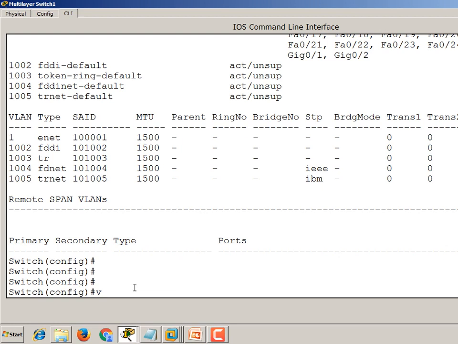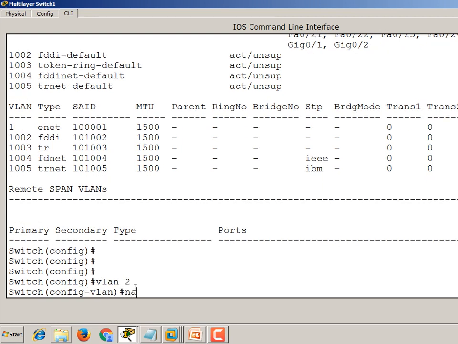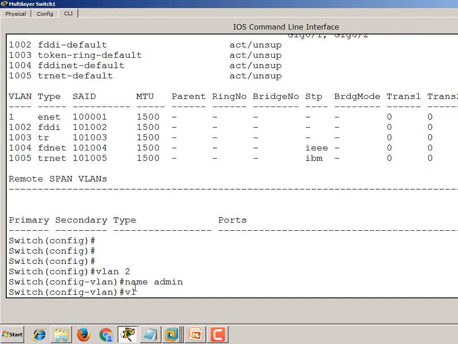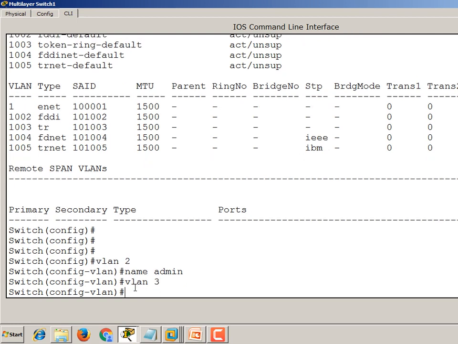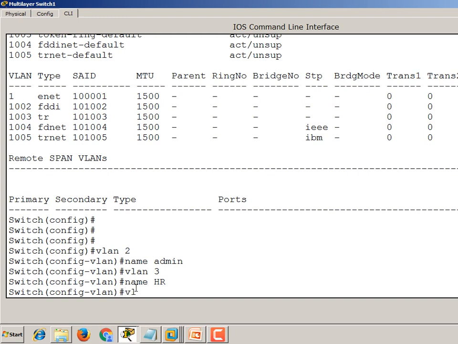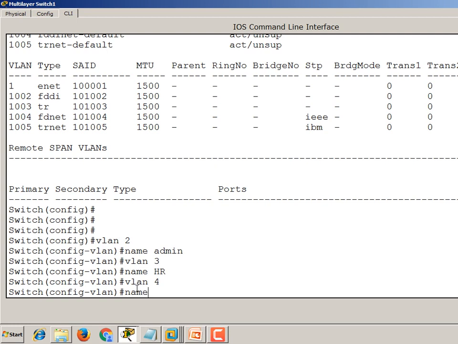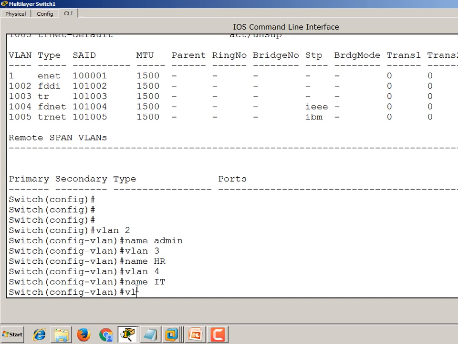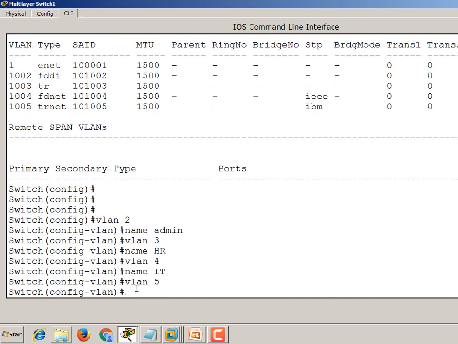VLAN 2 name admin, VLAN 3 name HR, VLAN 4 name IT, VLAN 5 for server.